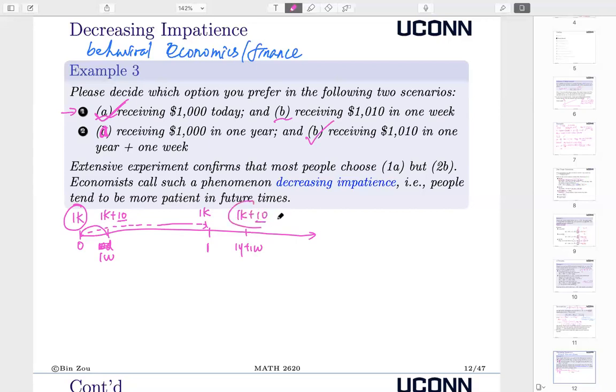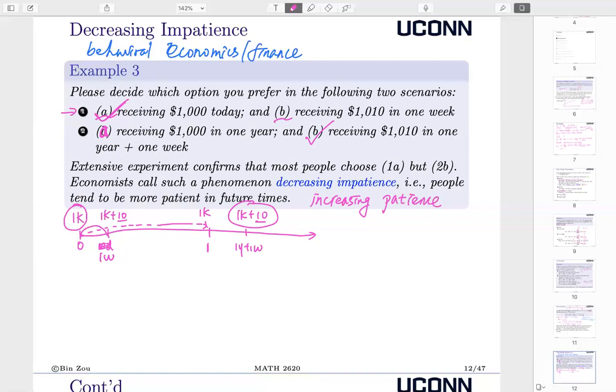But the answer goes to the second one. So why? In order to interpret this observed behavior, economists created a concept called decreasing impatience. They really like a double negative. You can call this increasing patience. So if that is more comfortable to you,